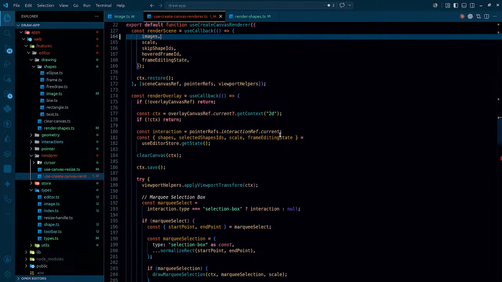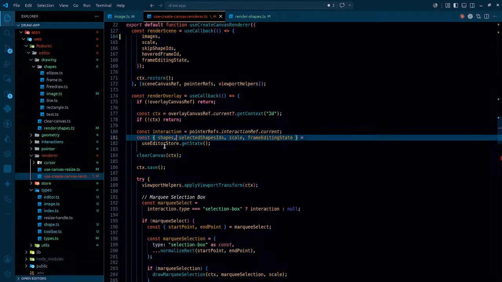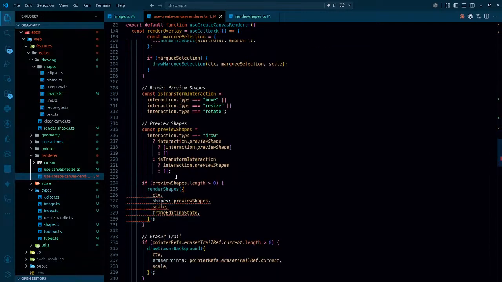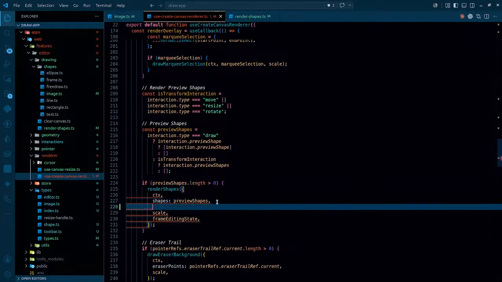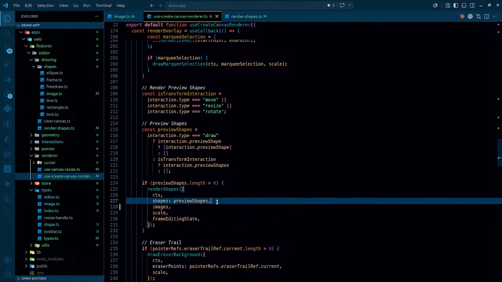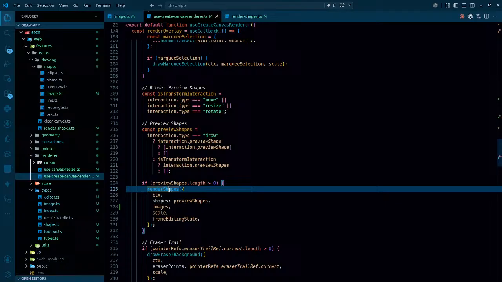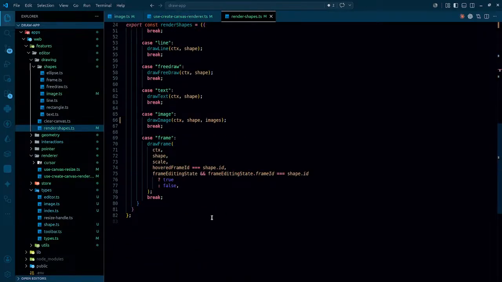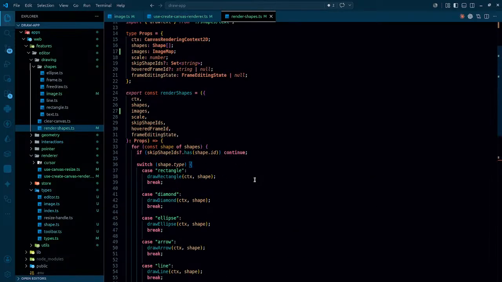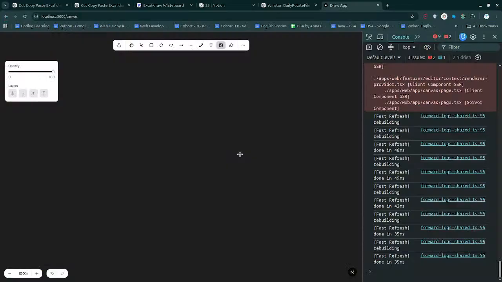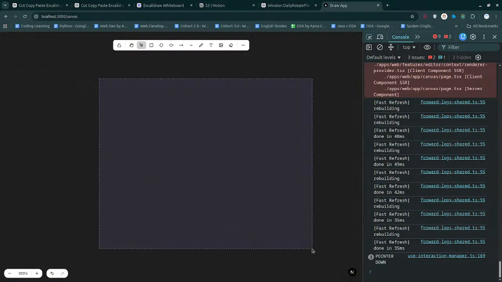So once we actually have the images just like this, that's just simply going to be passed when rendering that. And when rendering the shapes, we are going to be rendering one thing or the other, and this is how it's going to be done. So now if we try checking this thing out, if I just simply reload the page and